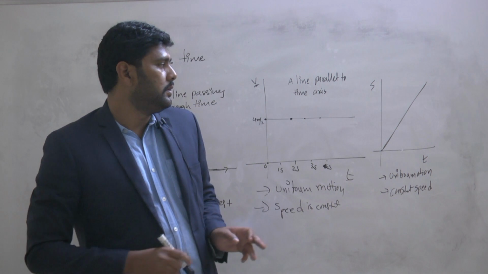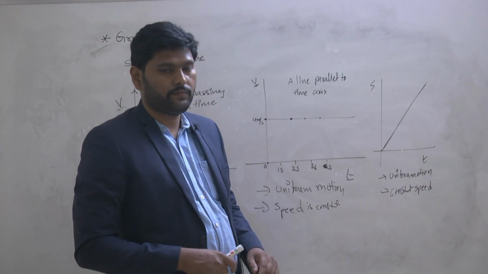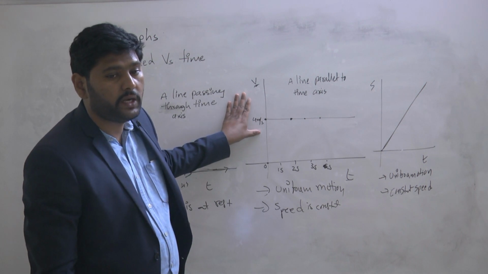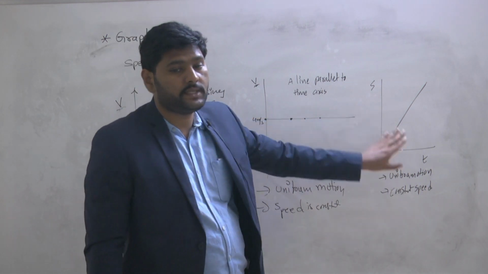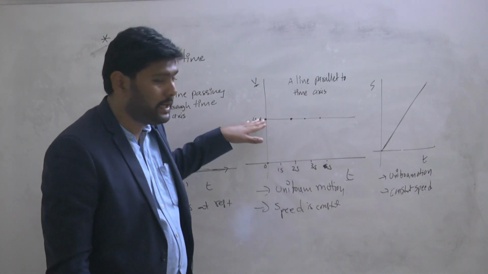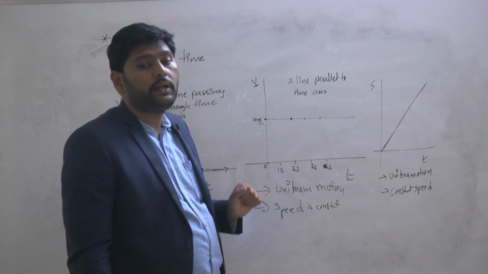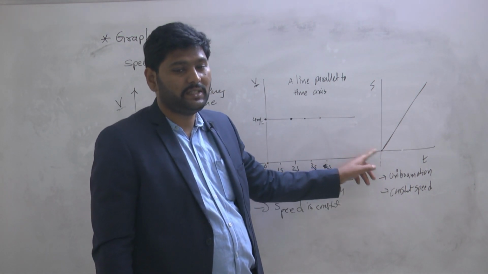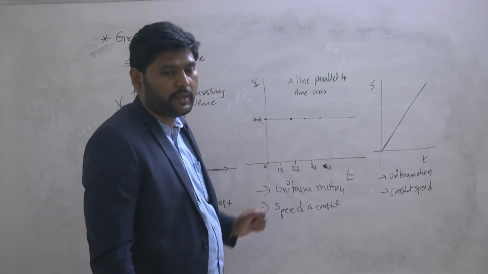They will give a distance versus time graph. They may ask for the speed versus time graph. If this kind of graph is given, which shows the corresponding graph of speed versus time? This is a graph of distance versus time. The corresponding graph in terms of speed versus time is a line passing parallel to the time axis. In this case, the line passes through the origin. In that case, the line is parallel to the time axis.